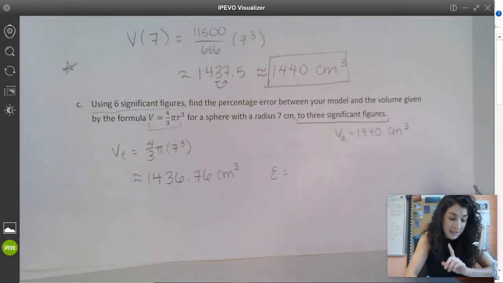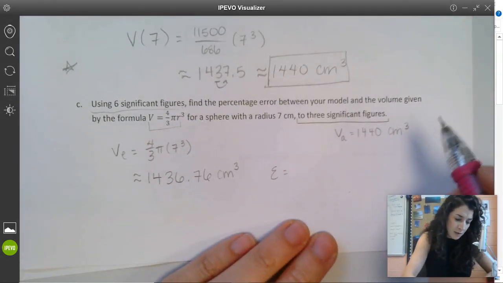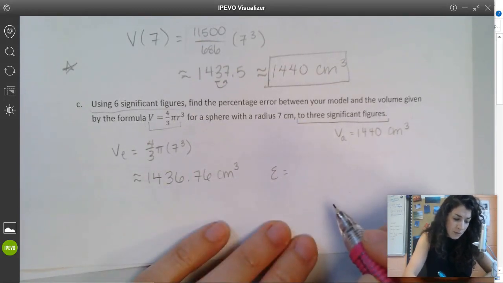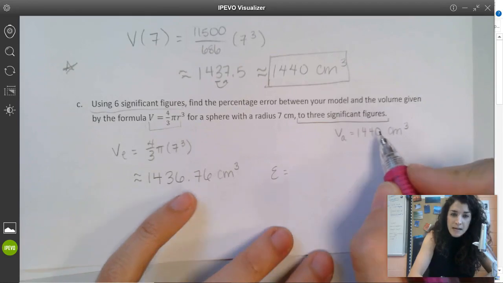I think it's important for you to see that I also get confused and wrapped up in circles with the wording of these problems sometimes. Percentage error, if we remember, is a formula that's in our formula packet. The approximate minus the exact